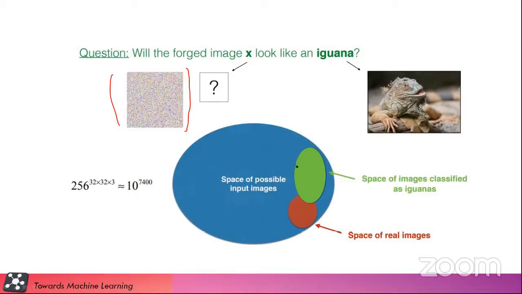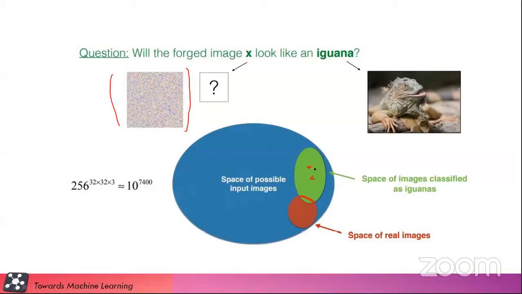And this is the same as represented here. You can see we have a possible overlap here, a little bit of overlapping. So the probability that your image lies in this area is more as compared to this. We do have a certain probability that your image will look like an iguana, but there is a high probability that it is not going to look like an iguana, because we are going to land up somewhere here.